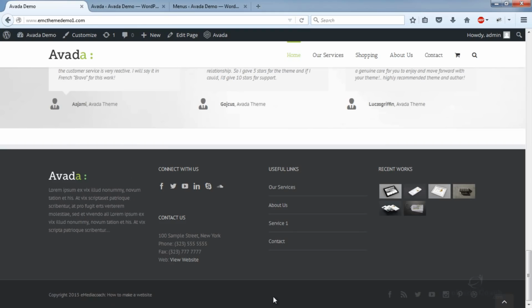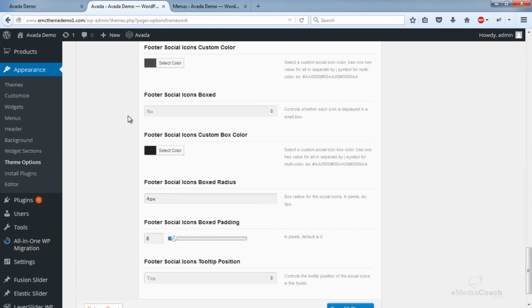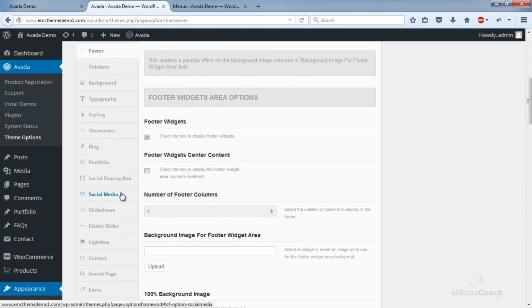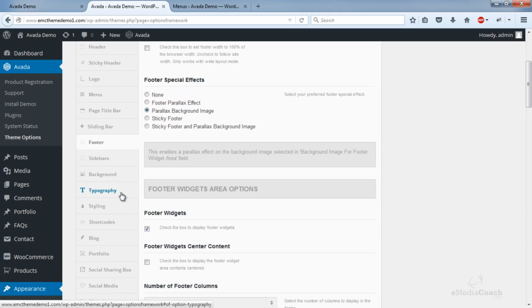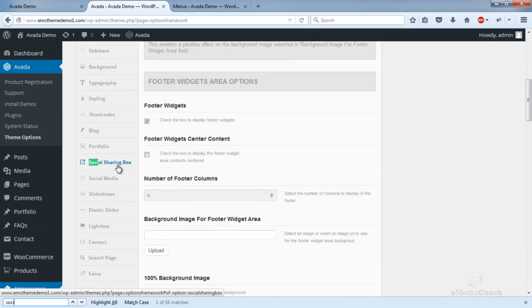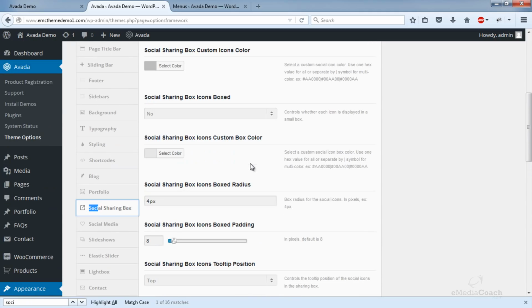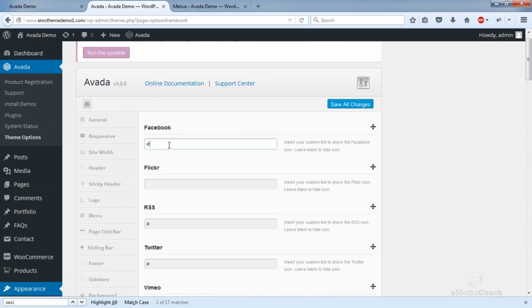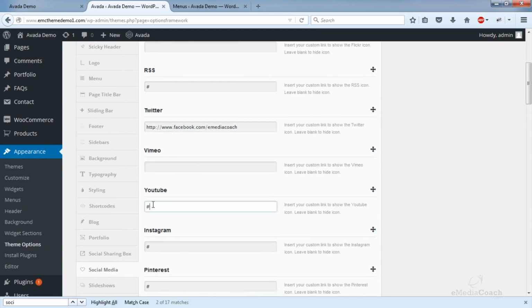So there you go, you can see that's changed. To control where each of these social links go, it's actually in a slightly different page. So if you scroll back up and then find social media in this area, there it is, social media. And it's these links here that you need to update. So obviously you would enter your social media links in these fields. Now obviously I'm just doing this as an example, so I'll just copy and paste that link just as a demo.